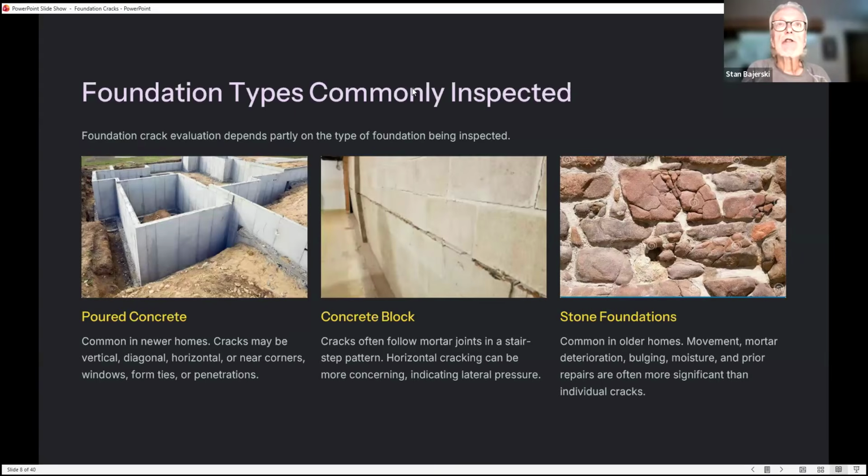Foundation crack evaluations depend partly on the type of foundation being inspected. Poured concrete is a very popular foundation material. Common in newer homes, the cracks may be vertical, diagonal, horizontal, or near corners, windows, form ties, or penetrations. Concrete block, not so popular anymore in new construction, but there are a lot of them out there, at least in our area here. The cracks often follow mortar joints in a stair